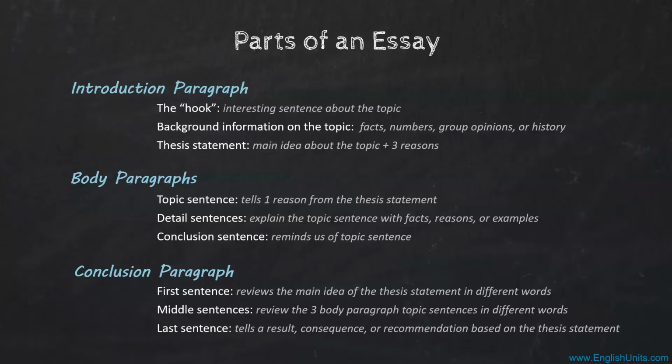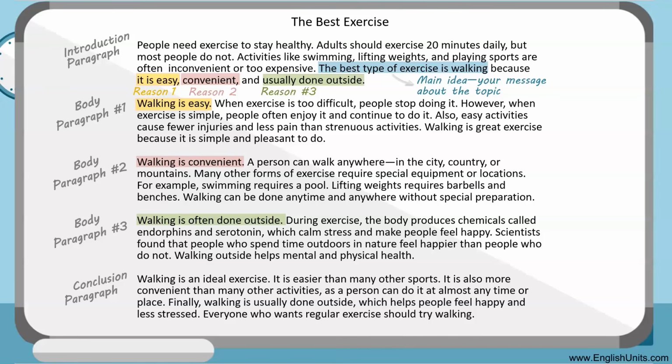Now I'm going to give you an example. So let's look at examples in our essay. In the conclusion paragraph, the first sentence is, "Walking is an ideal exercise." Remember, the first sentence of your conclusion paragraph reviews the thesis statement main idea here. The best type of exercise is walking. See how those two sentences are very similar, but they're not exactly the same because we can't repeat a sentence